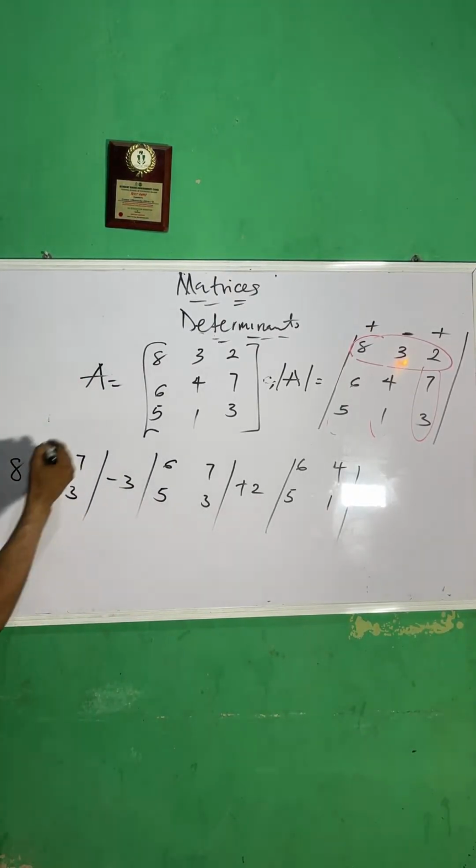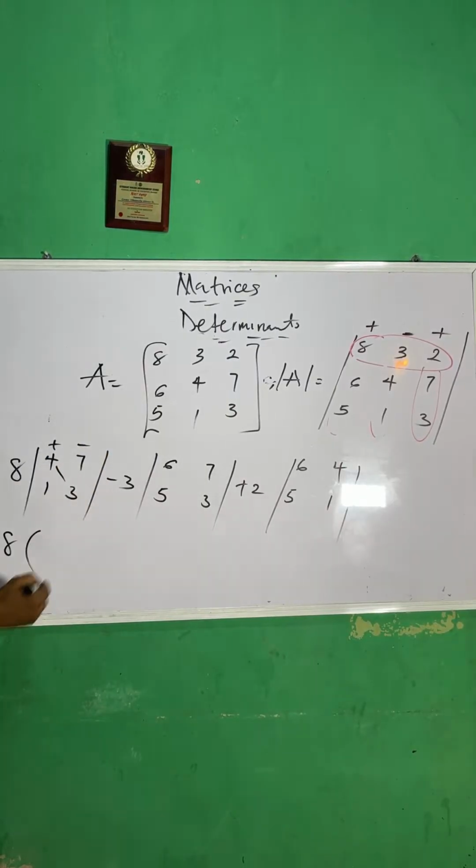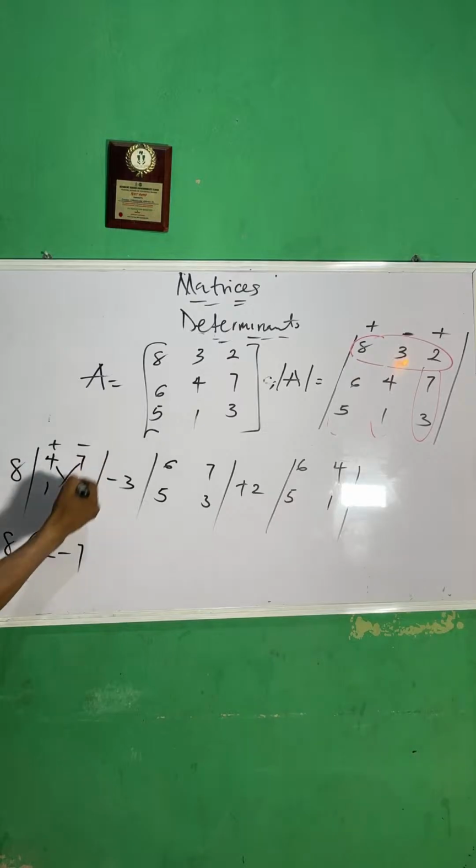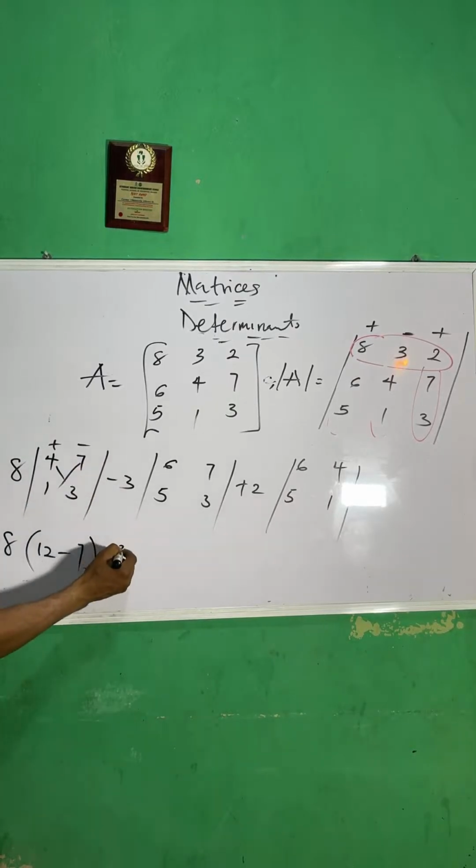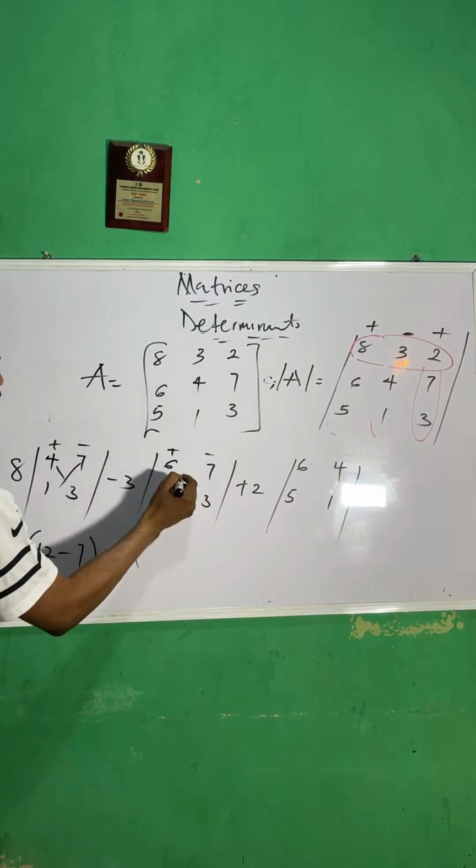So then let's solve this one by determinant 2 by 2 now. So this one will be plus minus. So this times this is going to give me 12. Minus 7 times 1 is going to give me 7. So 4 times 3 is 12. Determinant 2 by 2. So the negative sign here is -3. So plus minus. This times this